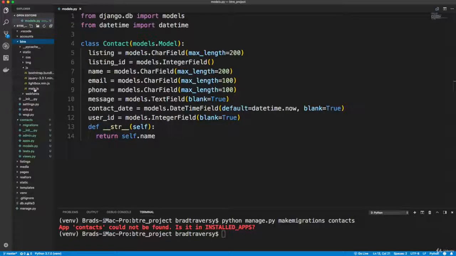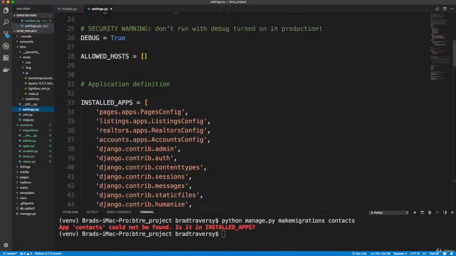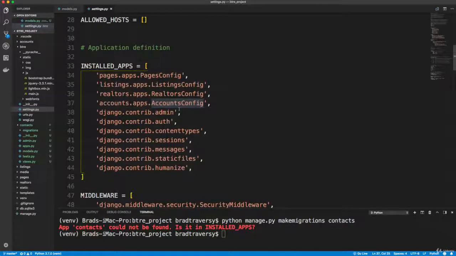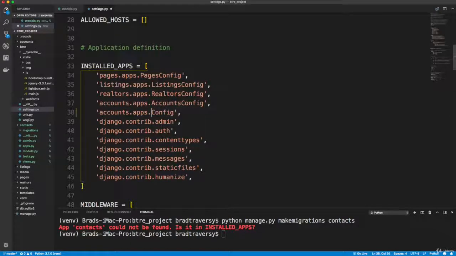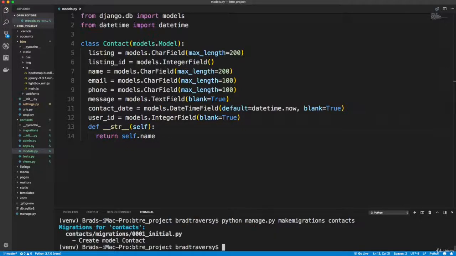So let's go to our settings.py, and go up to installed apps. I wish that they would just somehow make it so that these got added automatically, because I just can't seem to remember to put them in. So this is going to be contacts.apps.ContactsConfig, and we want to change this to contacts. All right, so let's save that, and let's try this again. So we're going to run makemigrations on the contacts app. Okay, so it'll look at that model, and it'll create a migrations file. So you can see it's created in contacts, in the migrations folder,